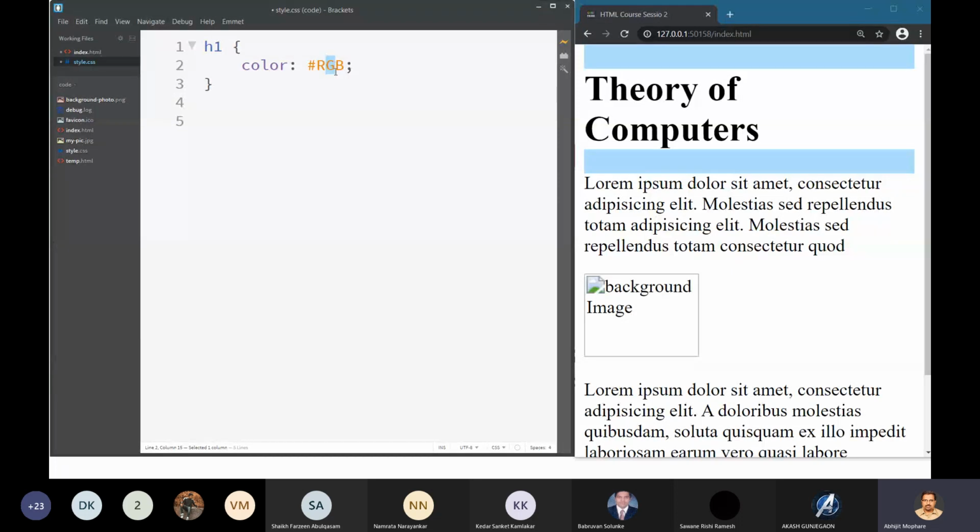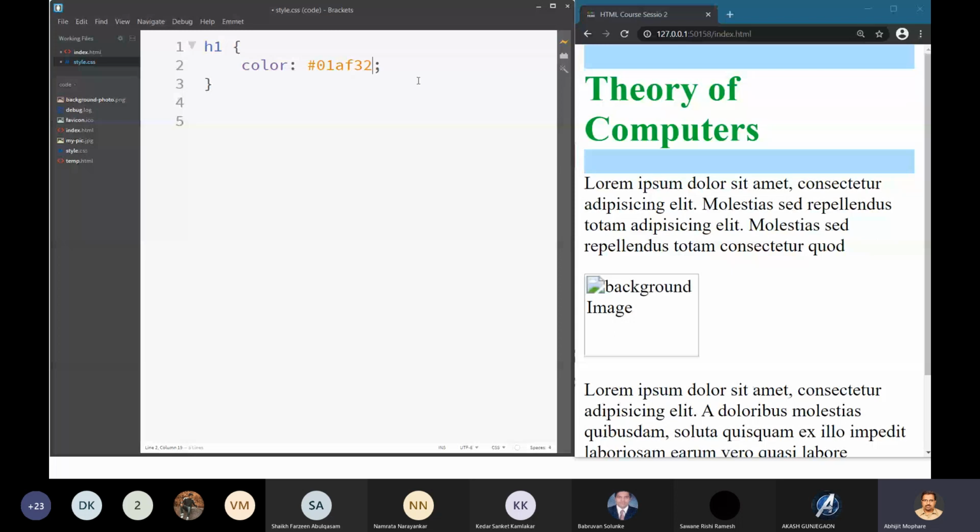So I will use 11 for red, then 25 for green, and observe what change appears in the header. Similarly observe the change in value. For the blue component I will say 36. Suppose I do 01, AF, 32. So it has become this color. Okay, so it is quite magic.